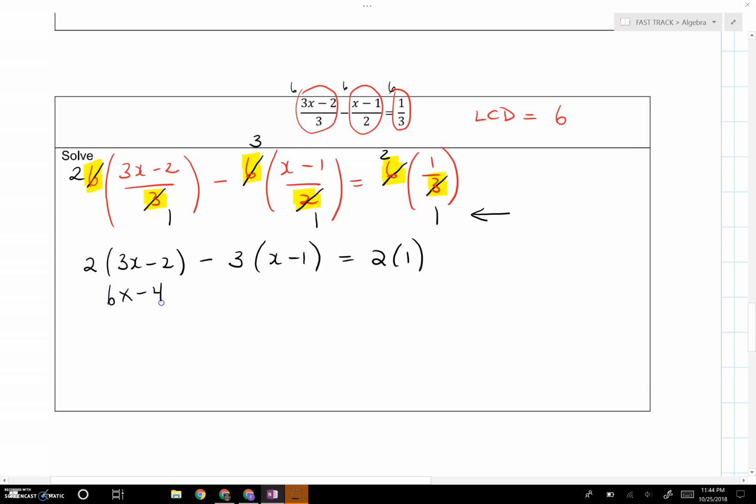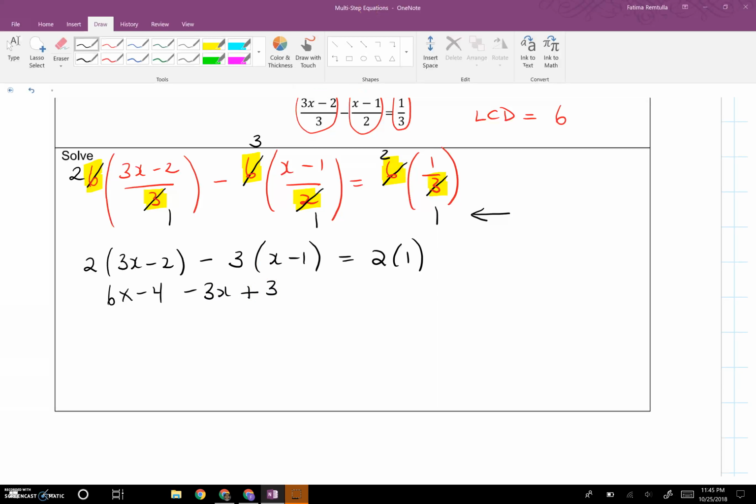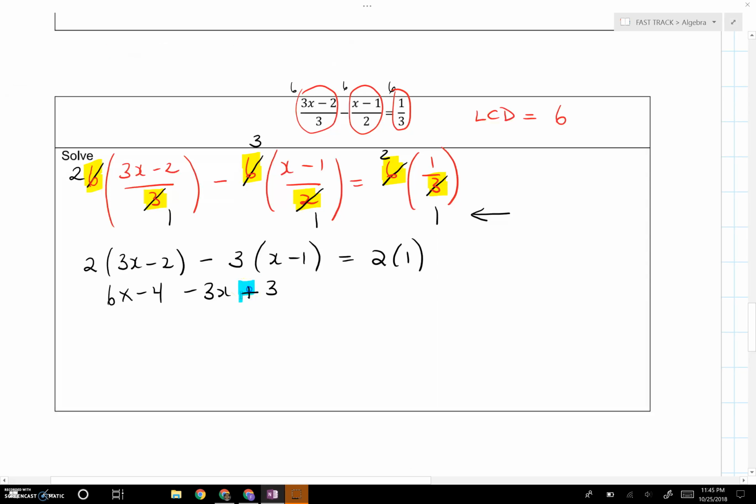So 6x minus 4 minus 3x plus 3. Maybe you didn't catch that, but I want to point it out right here because a negative times another negative gives me a positive, okay? Negative times the negative, so when I do that, I'm going to get a positive